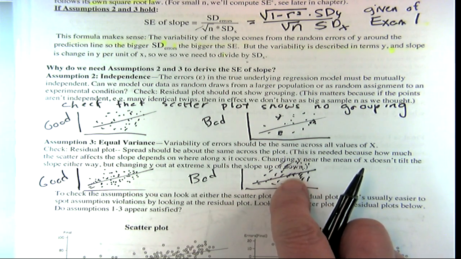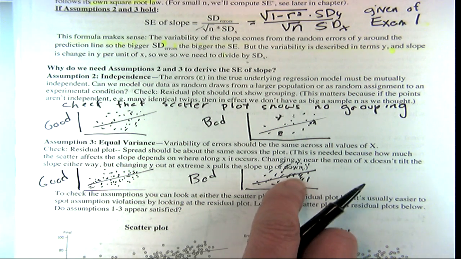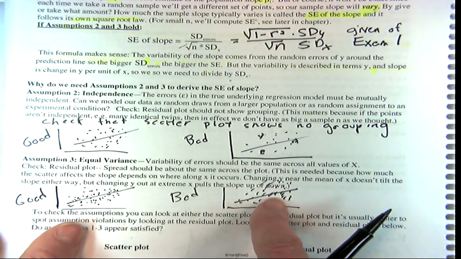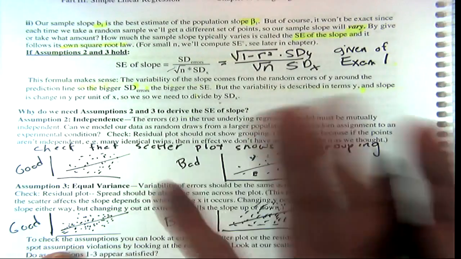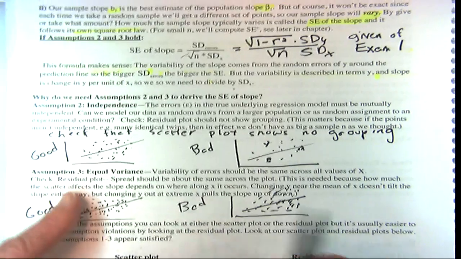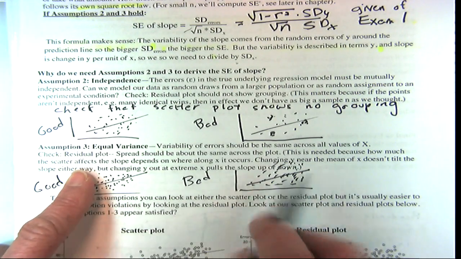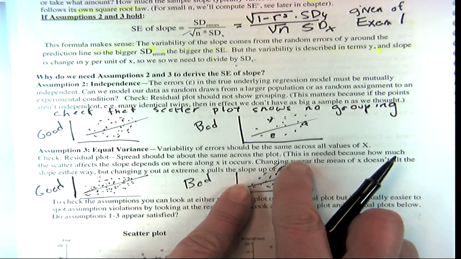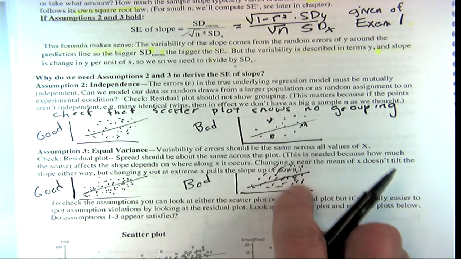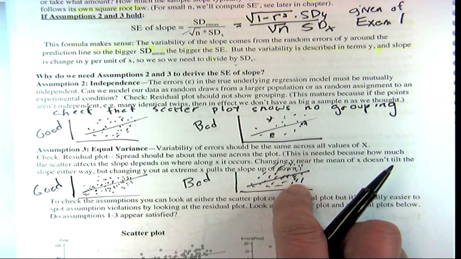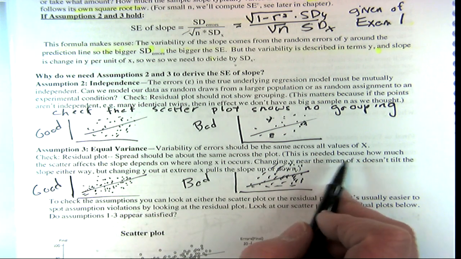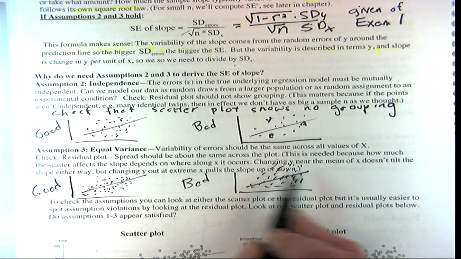And why is that bad? Why can't we use this particular standard error formula? That's what I'm saying. We'd have to transform it to use it because what we're trying to look at is how much the slope is changing, right? And if we get a scatter plot like this, that indicates probably in our population it looked like that, which means that